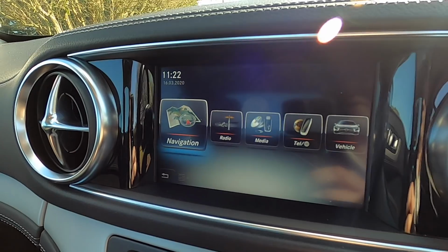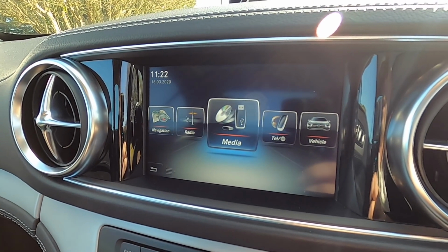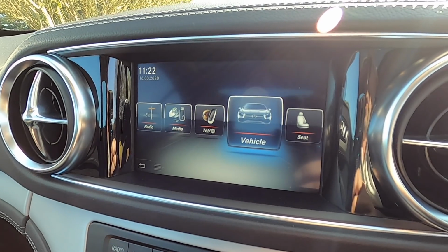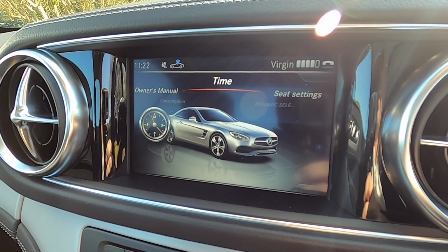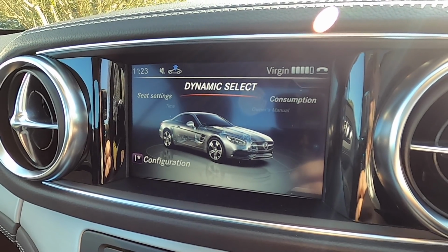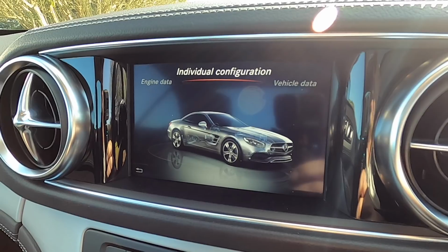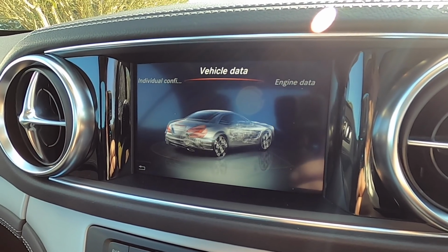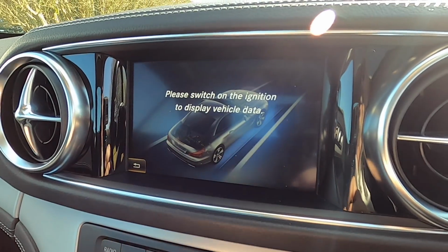So that's the dynamic seats, but there's a load of other stuff in here, as you can imagine. This is all the different choices of navigation, the radio, media systems, telephone of course, vehicle. A couple of interesting things in vehicle actually. If we go to that one, you can move across dynamic select. We'll come back to that in a bit, but a couple of things it has underneath here is vehicle data, where you can actually go into that, and it gives you things like the steering angle,